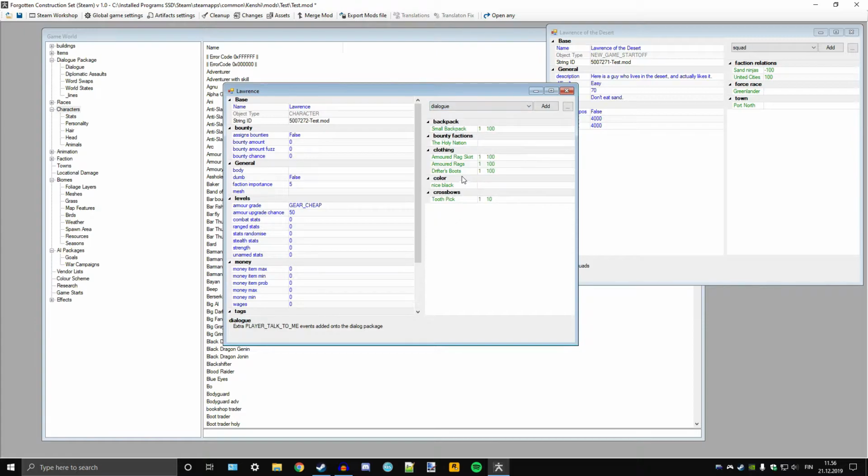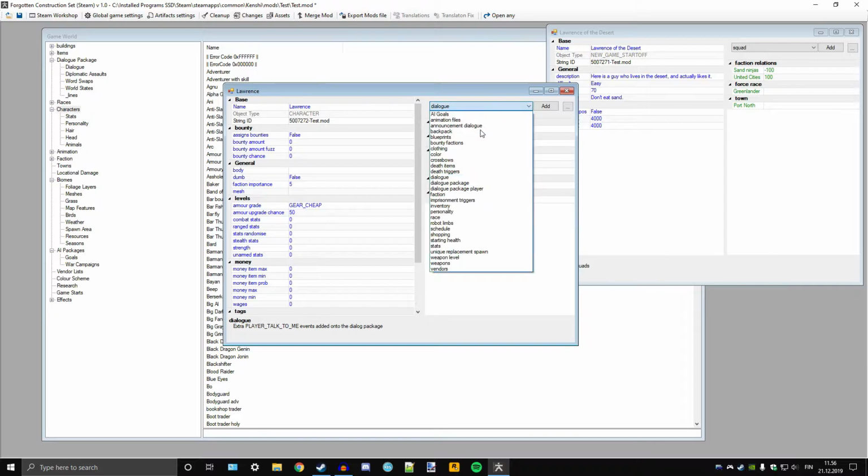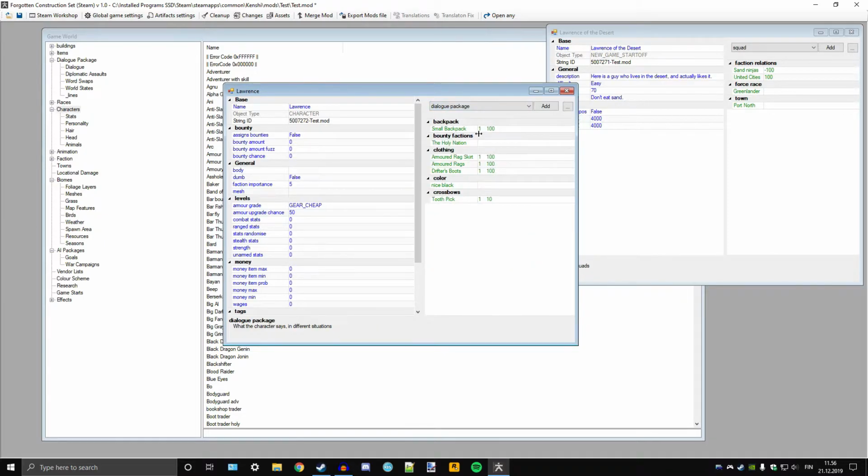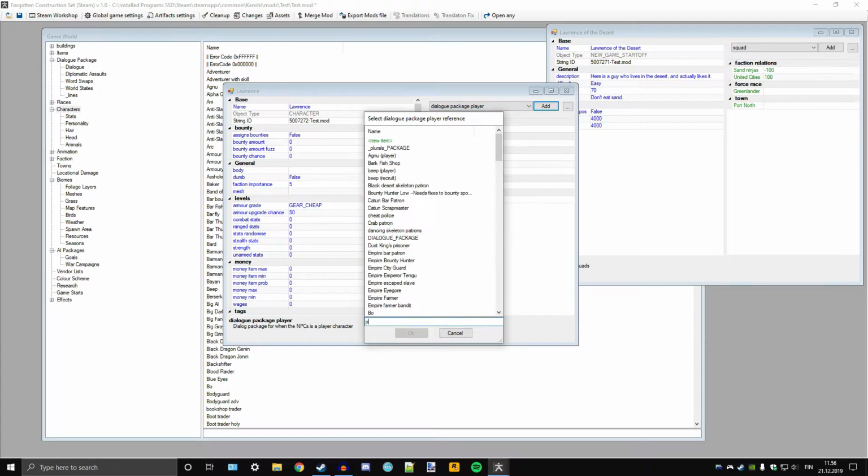Dialogue. Here you can add, as it says, extra player talk to me events, and we'll go into that in a moment. But this is not the dialogue pack, but a single dialogue that you give to an NPC that will initiate if you talk to them. Here's a dialogue package for NPCs, and here's a dialogue package for the player. So let's see if there's a player,